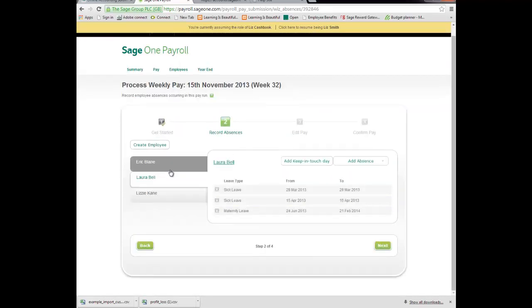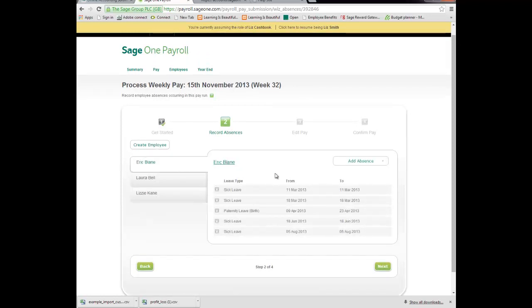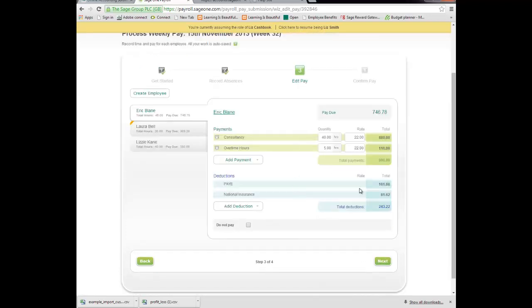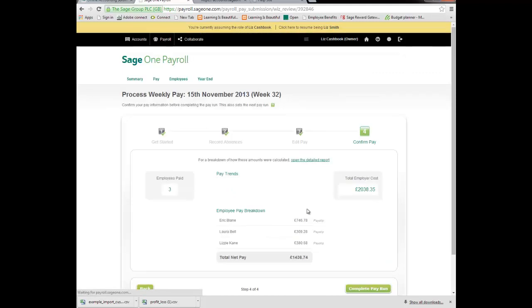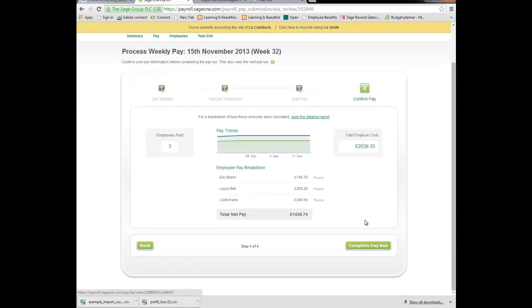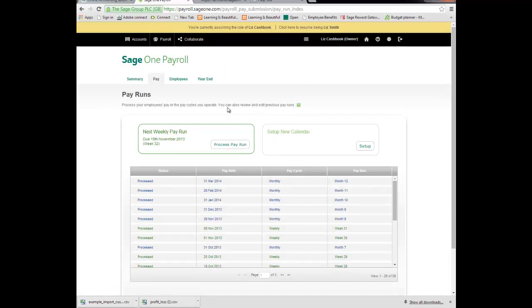So we've got 3 employees, and what you would be able to do is drill down further into any of their absences, or you could add any other absence that's relevant. You would then need to select Next, edit any pay information, and when you select Next, you would then be able to confirm pay. So if at any point you've made any mistake, you can go back, or you can go back to any of the tabs at the top, make your changes, and then go back to processing the